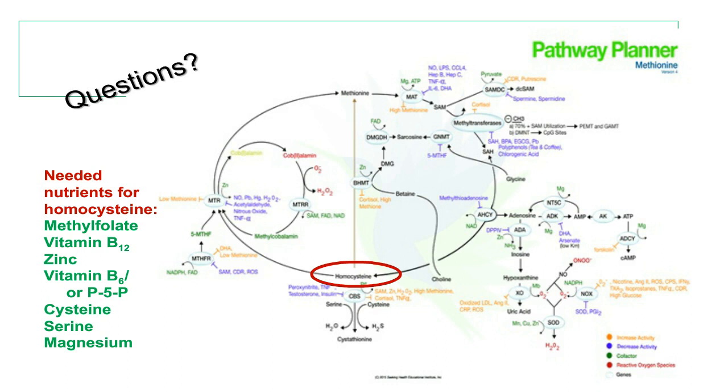transsulfuration pathway. So now the next question: is serine referenced in the long route circulation as phosphatidylserine? No. I don't know of phosphatidylserine being referenced in the long route at all. I've never seen it referenced. It is referenced in the transsulfuration pathway coming down from CBS, needing serine, and